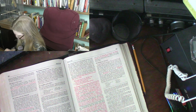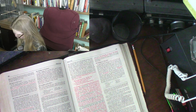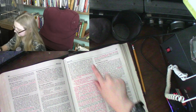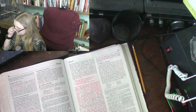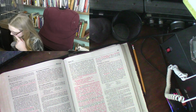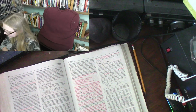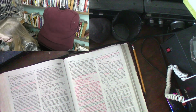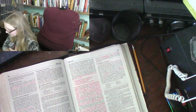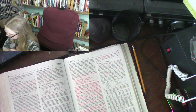She replied and said to him, Lord, even the dogs under the table eat the children's scraps. Then he said to her, For saying this, you may go. The demon has gone out of your daughter. When the woman went home, she found the child lying in bed and the demon gone. Again he left the district of Tyre and went by way of Sidon to the Sea of Galilee, into the district of the Decapolis,